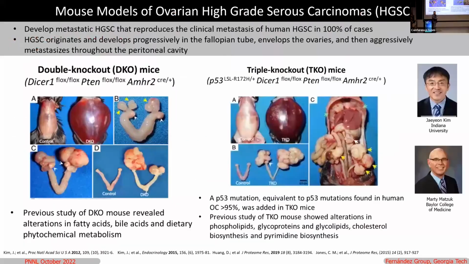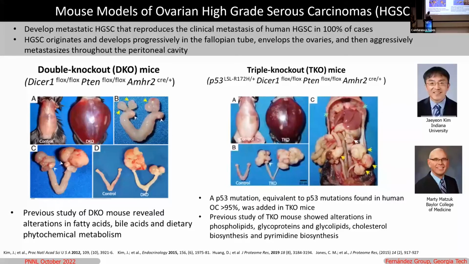Hopefully nobody's queasy, but it's difficult to study rare diseases in humans because it's rare to find the cases to study them. So one of the things that we do is quite a bit of work with animal models of ovarian cancer. These are two of the most successful animal models. And the reason I'm showing you these pictures is because I'm going to tell you about some metabolomics results in a second, but we work with a double knockout mouse model that has mutations in two cancer-related genes